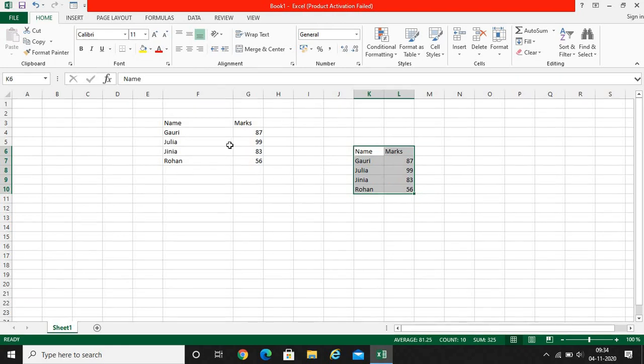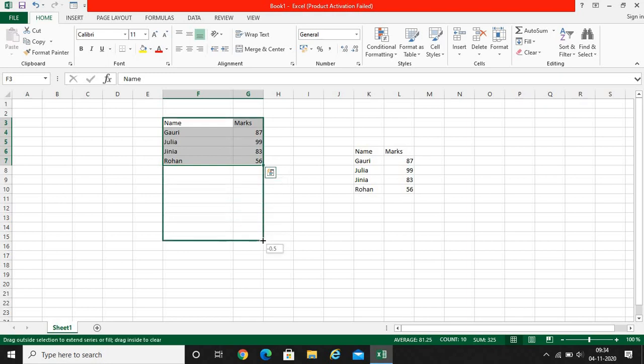Another method of copying is I'll select the entire thing and then click over the border and drag it like this. See, again the same thing is being copied. In this manner also we can do it, but here you can see it's calculating the marks in a different manner. So this method will not work.